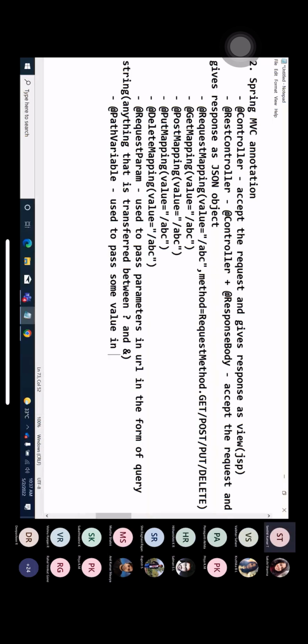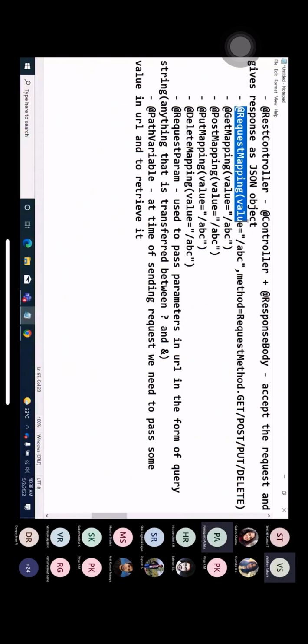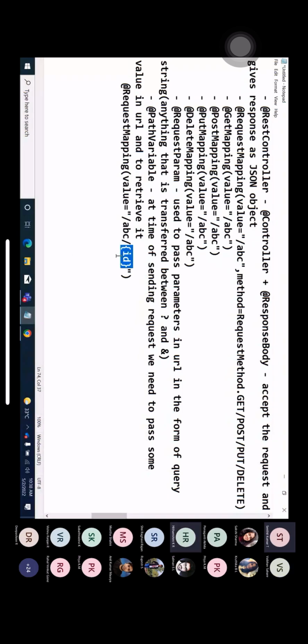At the time of sending the request, we need to pass some value in the URL and retrieve it. For example, how can I pass the request with the help of an annotation? @RequestMapping. At the time of sending the request, the request I'm sending is slash ABC, and I am going to pass a value. What value have we passed along with the request? The ID. And how will you retrieve this particular ID with the help of an annotation called